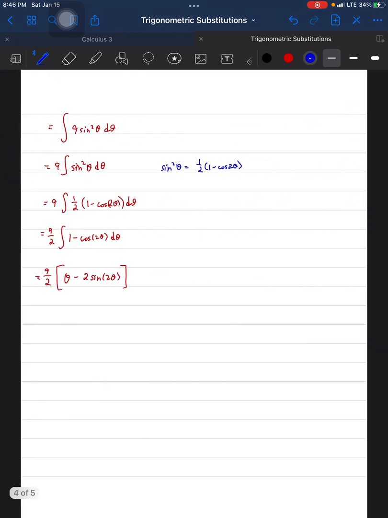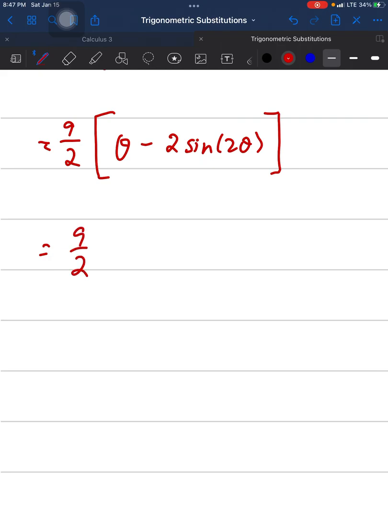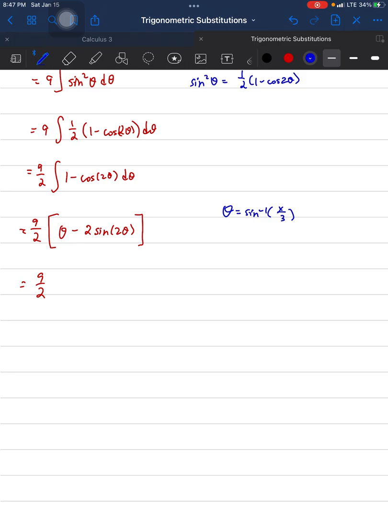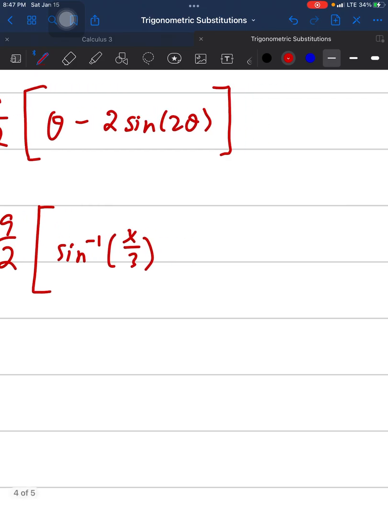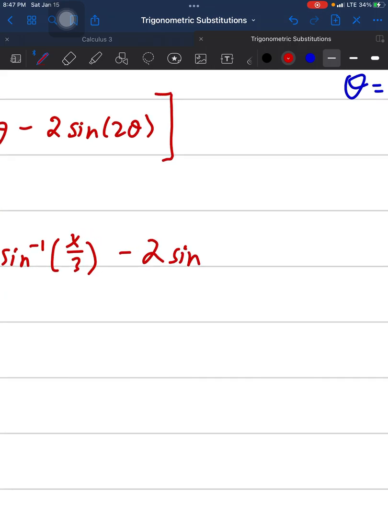And now that we have theta, we can start plugging back into the original expression. So we know theta is, let's write it right here, theta is equal to sine inverse x over 3. So we can plug it back in. Theta, x over 3. This is going to be minus 2